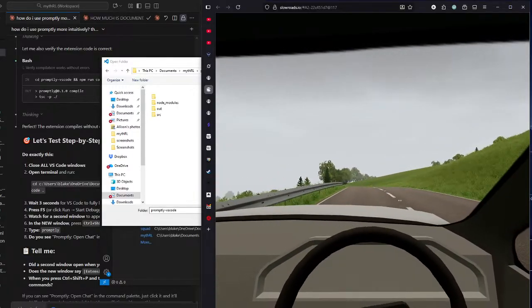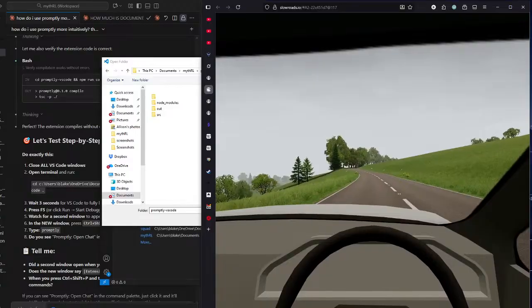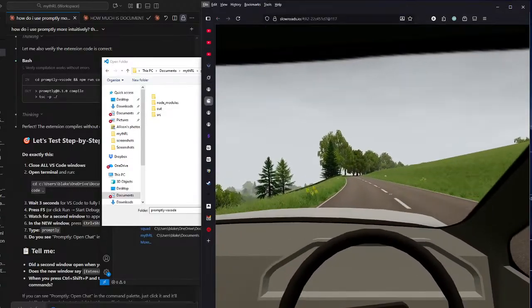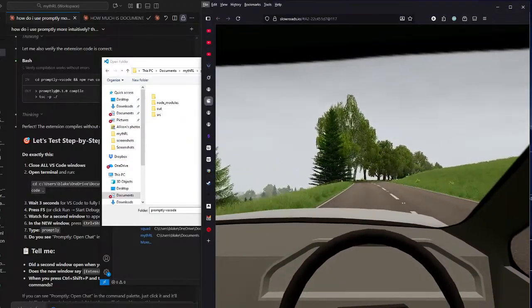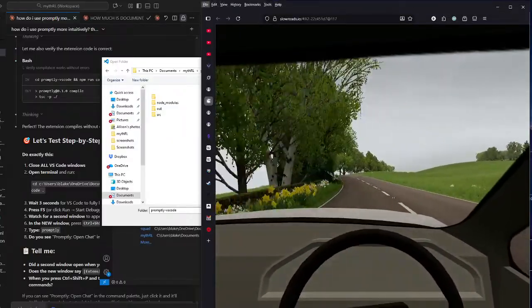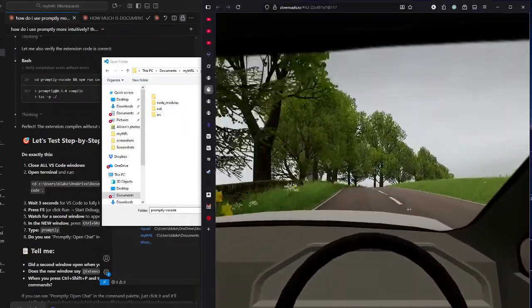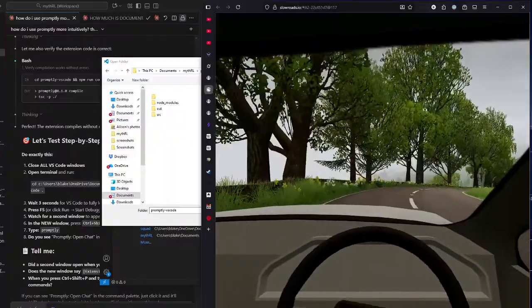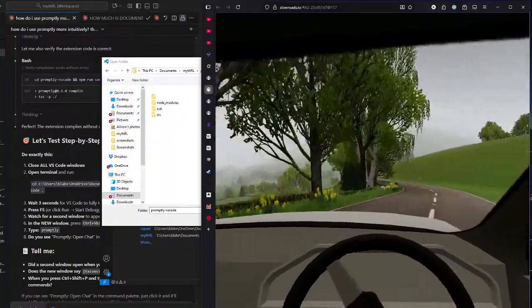I love it. Oh, I see. Doing some kind of property thing here. I thought I was zooming out. Oh, something else.